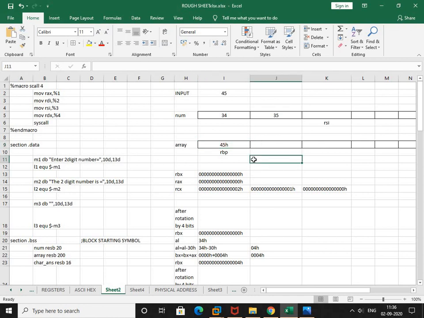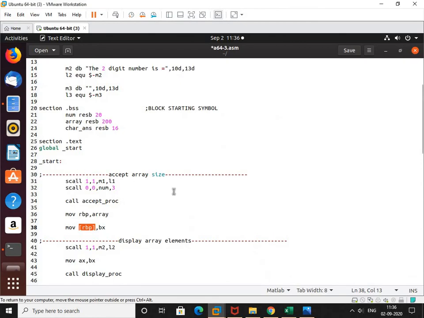Now here this array I have taken, if we want to accept multiple numbers in the array. So therefore I have taken this array. Since we are working on a single number, if you don't want to take this array, you can directly put this RBX into the accumulator.